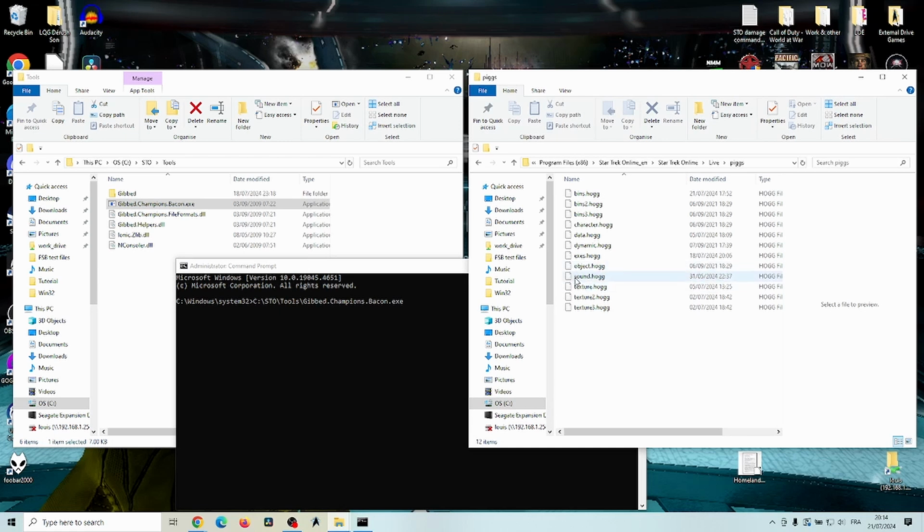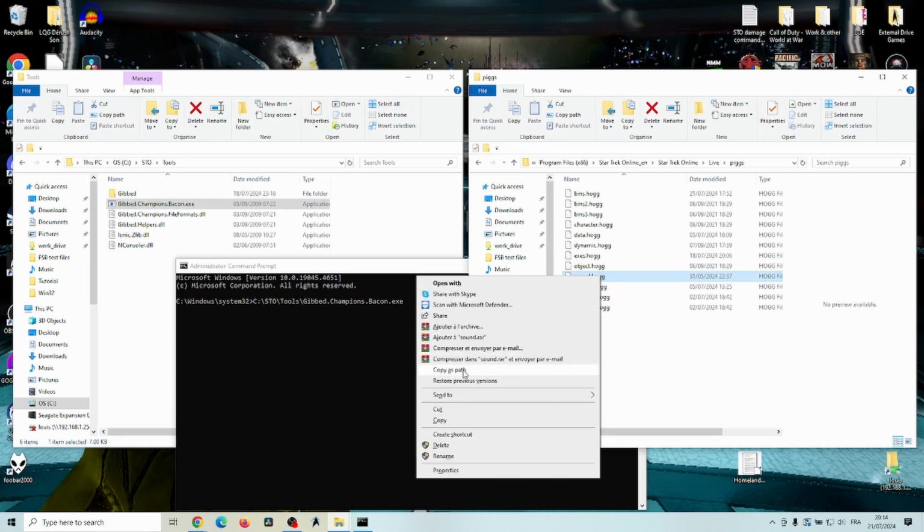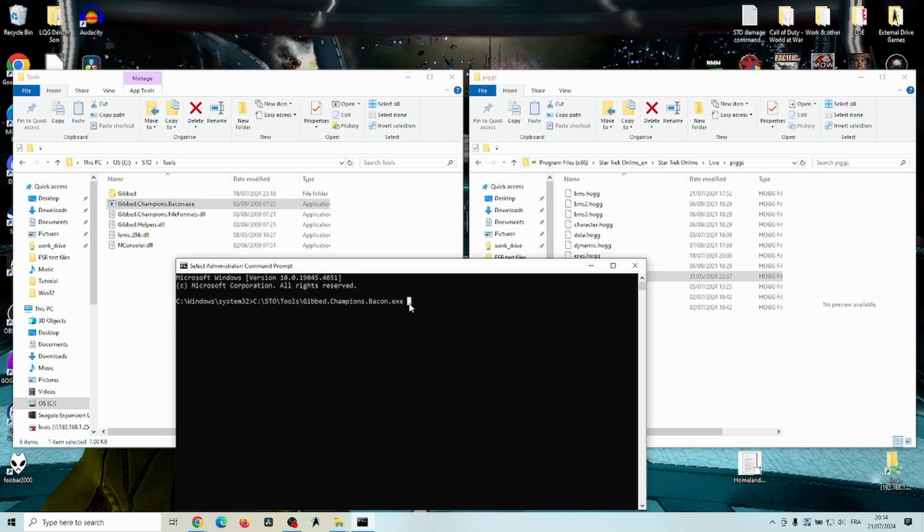So we know it's the sound.hog file. Click on this, hold Shift, right-click on it, copy as path, and do the same thing again. This is what you're going to do for each thing. This time, however, you are going to keep the quotation marks. They are there so that it understands that it's running this program, it's got to extract this thing to where. And now we're going to choose where. So we press space again, space here,